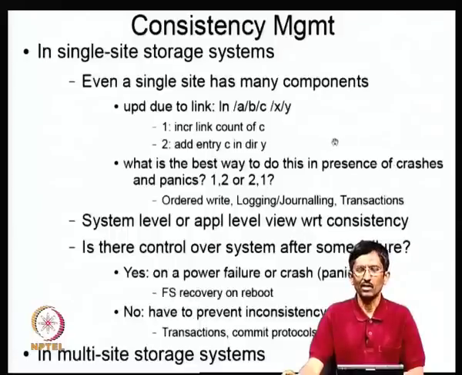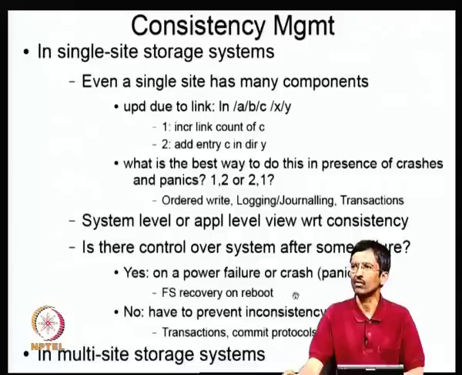If later I discover that I say part 1 is finished but not part 2, then I know that I already said I was going to do this, so I am going to do what's called a redo operation. I know that 2 was not complete, I will go ahead and do 2. Typically file systems also usually do this kind of model. And the reason is that if you have a power failure or crash, for example, or a panic, the system has to reboot. At reboot time, the file system can do some corrective action.